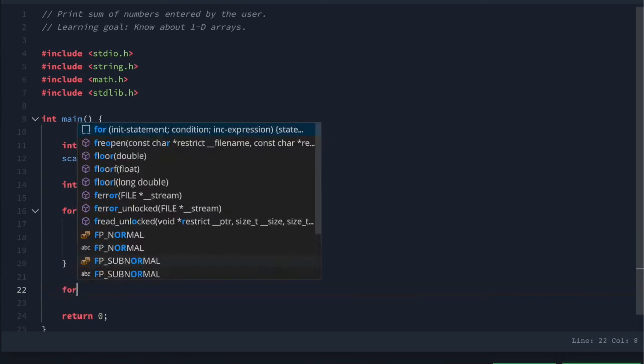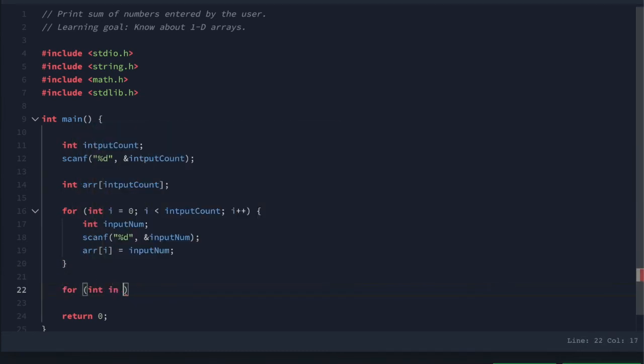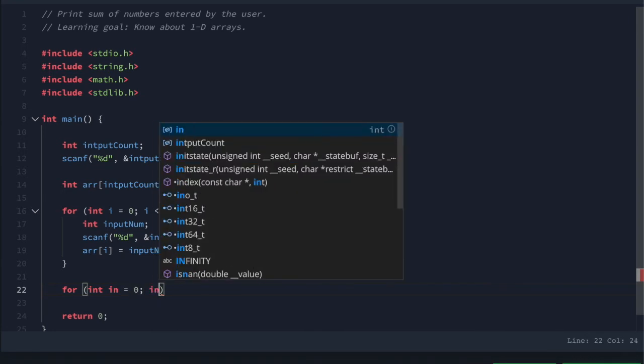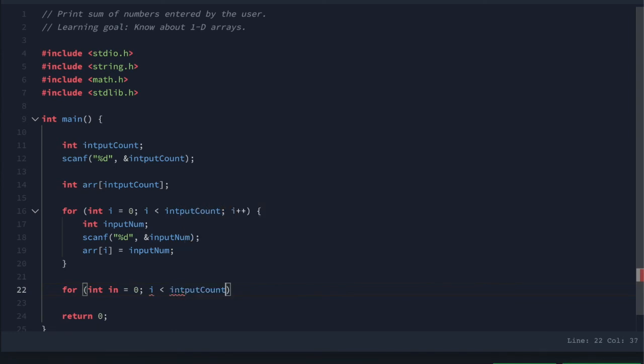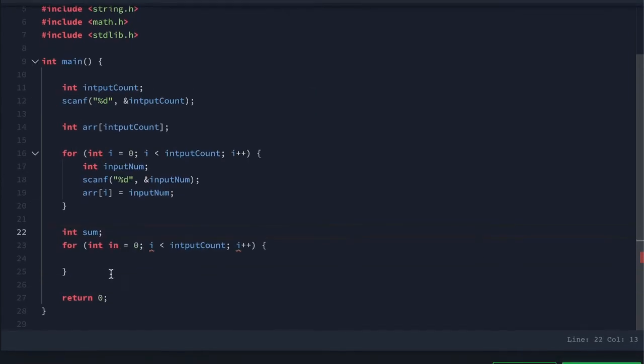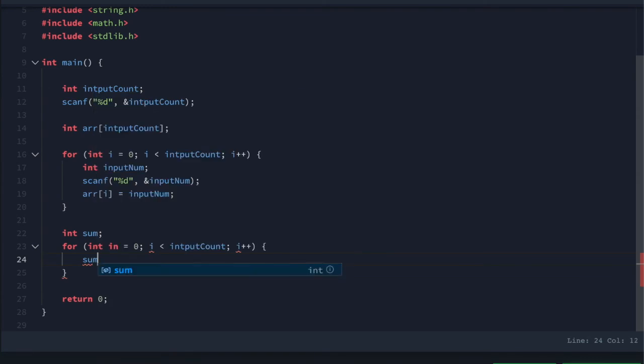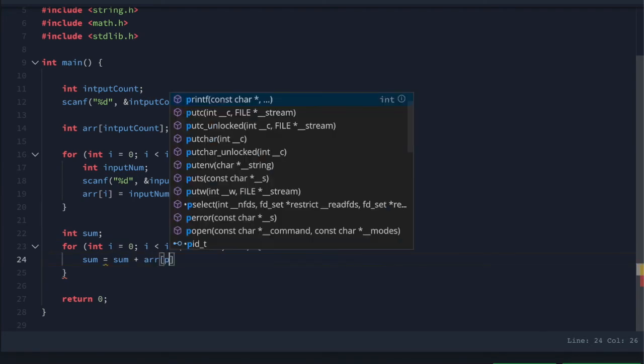So we will define another for loop which will start at 0 and run till input count, with i plus plus. First we will define an integer sum which will store the sum of the numbers entered by the user. Sum equals sum plus arr of i.